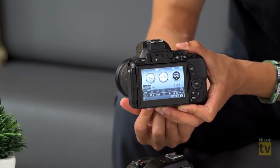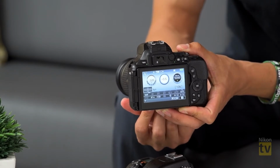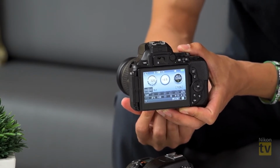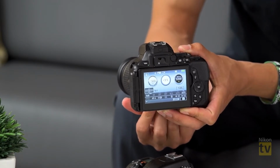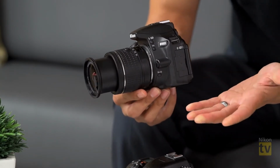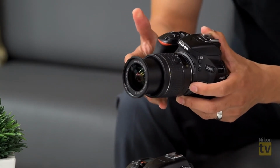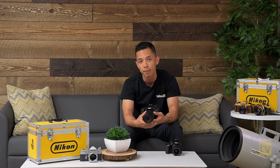So you can see right there, it jacks up the ISO to 3200 and gives you a fast shutter speed because it knows that you want to stop the action. It knows you want to shoot with a wide open aperture, and it configures most of your settings to mimic sort of a sports scene. So that right there is the D5600. Now, if you wanted to step up to the next model from the D5600, I would probably recommend going up to the D7500. But before I talk about that, I also want to mention